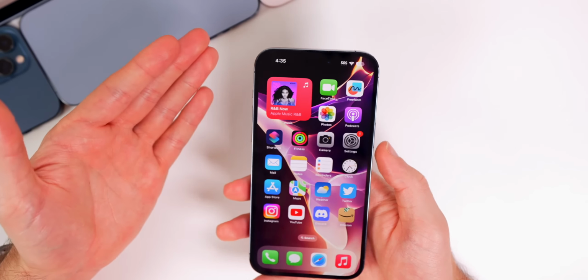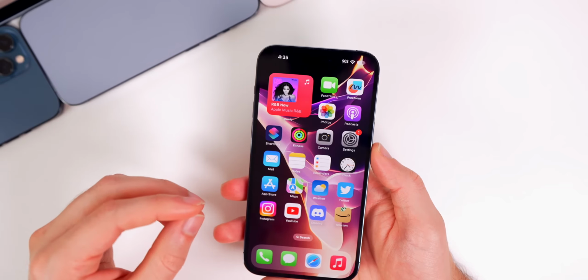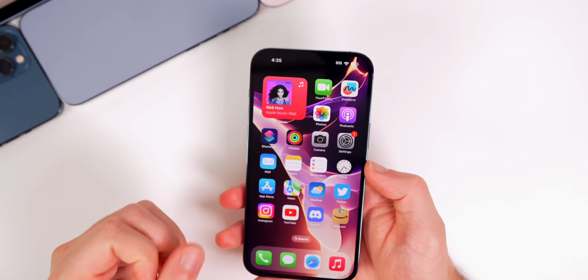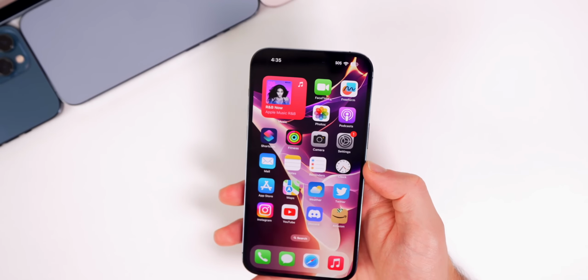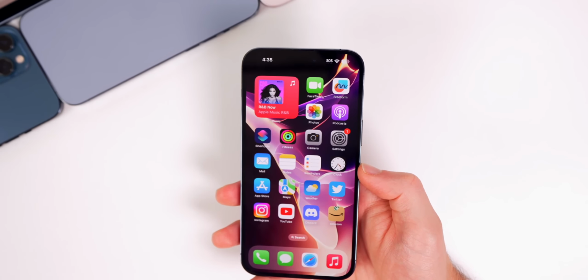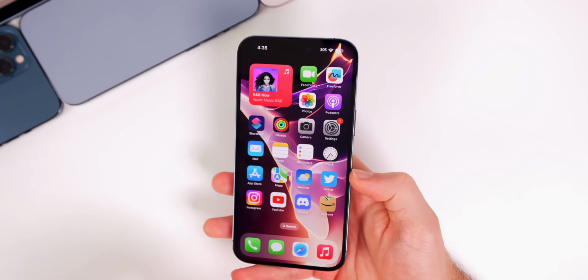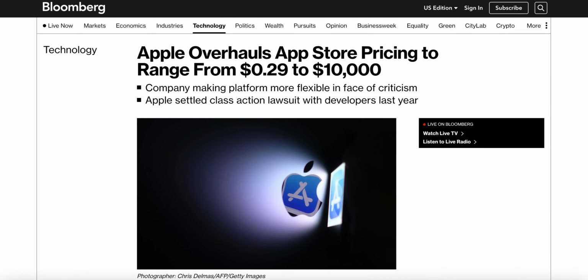So basically, this headset is being delayed due to software related issues and not hardware constraints or issues. And because of this, we might not see that January Apple event after all, but of course, time will tell. Now let's move on to some very interesting App Store news, because according to Bloomberg, Apple has just changed its